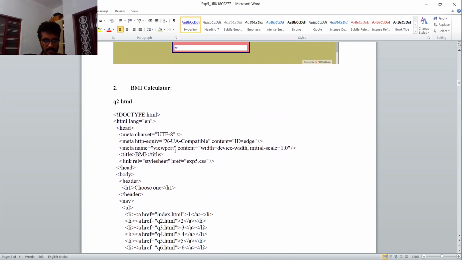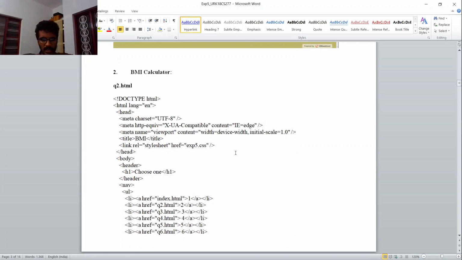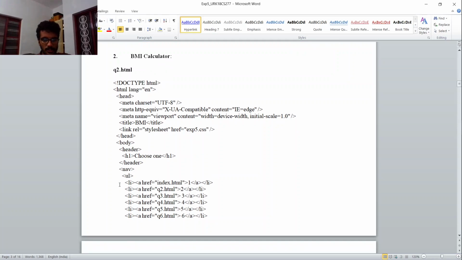Now the BMI calculator. The BMI calculator, that's q2.html, is stored over there. So doctype html, language en, head with meta charset UTF-8, meta http-equiv X-UA-Compatible, content, meta name viewport, stylesheet href experiment5.css. Choose one.